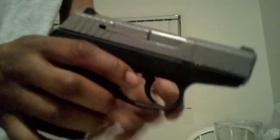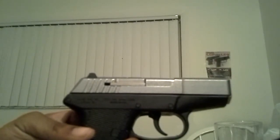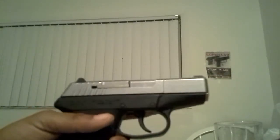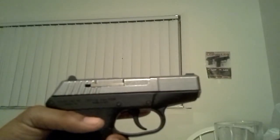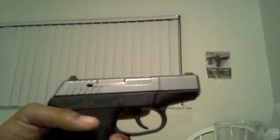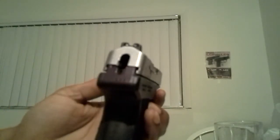Yeah. So it's really good, really concealable. Anybody who knows me knows that I'm a really small guy. This gun is nothing for me to conceal. It really is not. So this is the Kel-Tec P11, and the great thing about this gun is the high